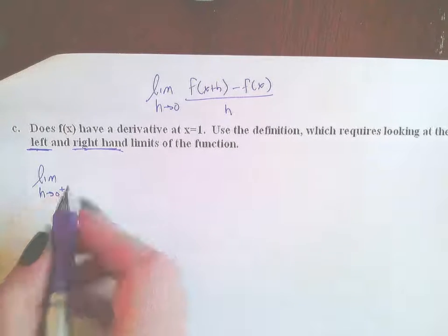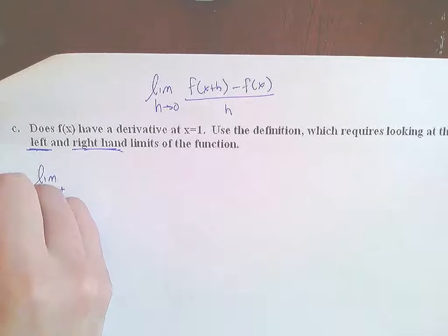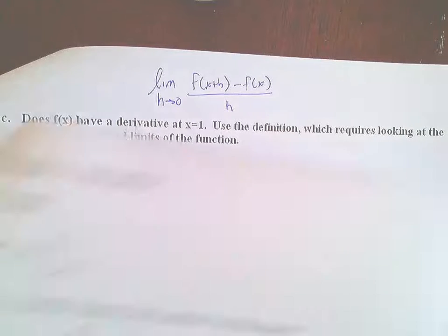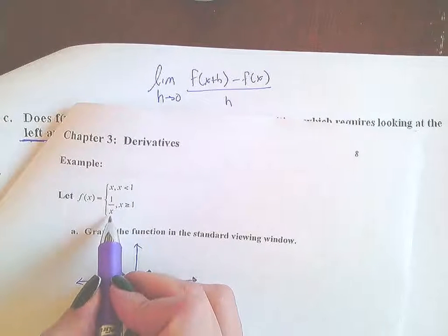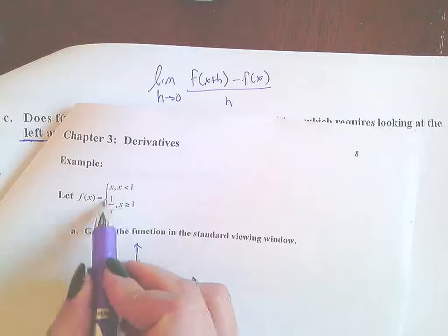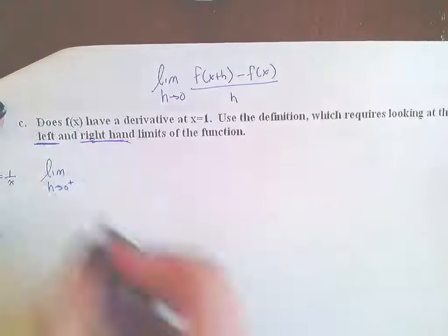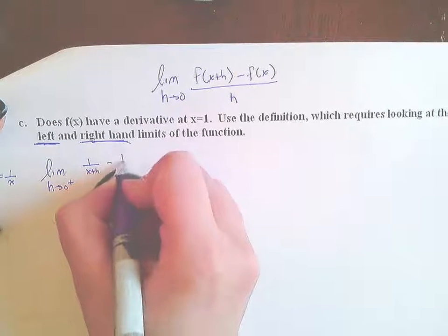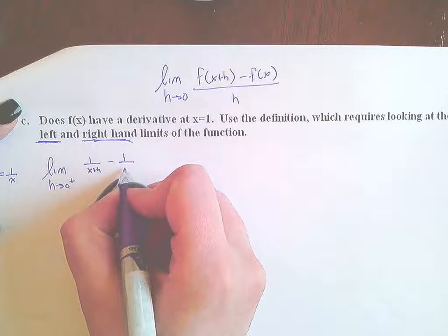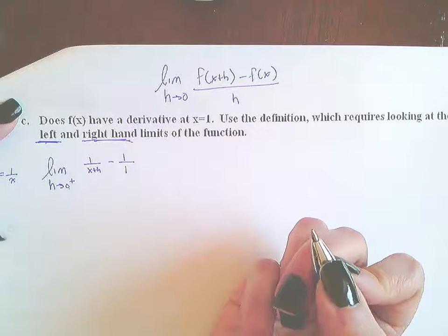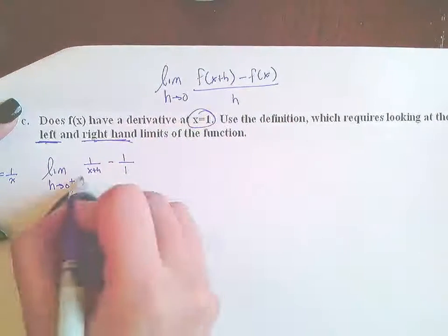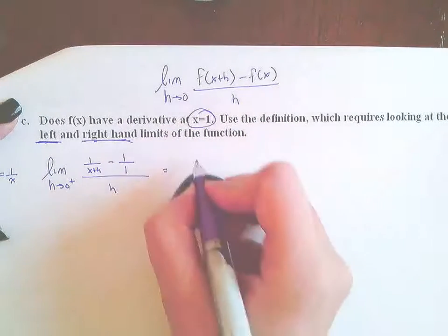So I'm going to basically be using f of x equals 1 over x from my example, because we're approaching it from the right, the positive side. So I'm going to plug this in. 1 over x plus h minus 1 over 1, because remember my x is 1, all of that over h equals,